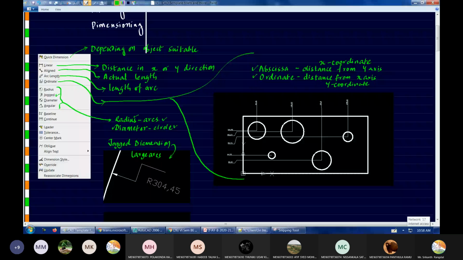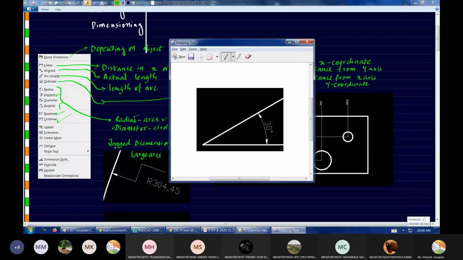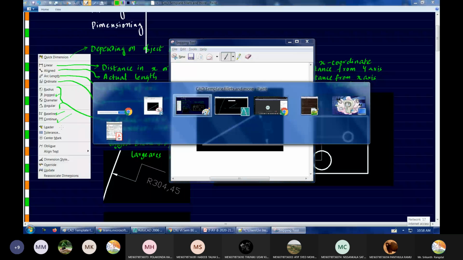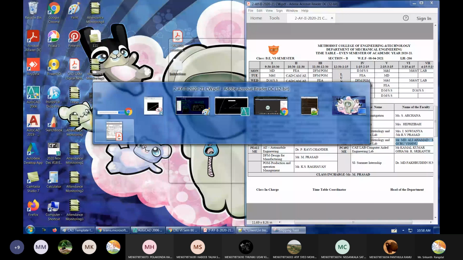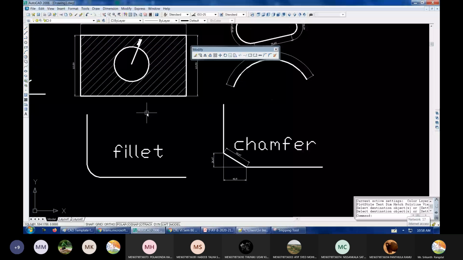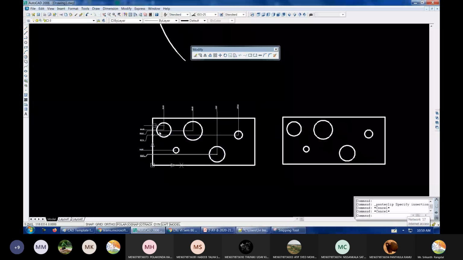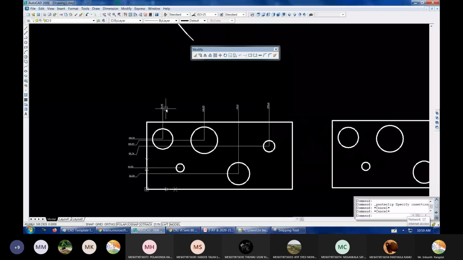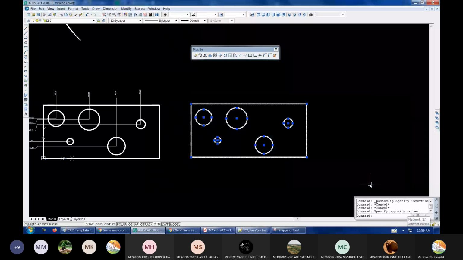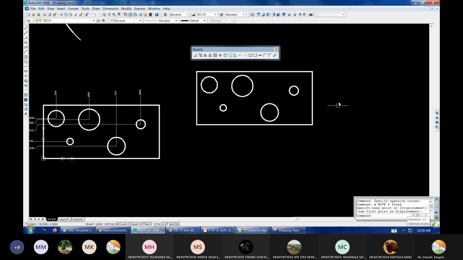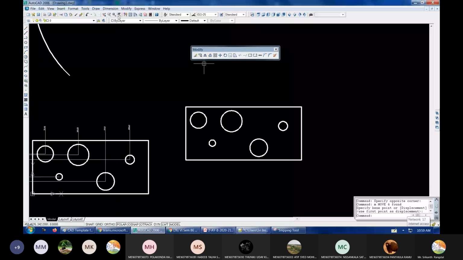Then coming to baseline and continue. These are special dimensions which are once again helpful in situations like this. I already showed you how this will be useful. But for using ordinates and all, one of the corner points of the diagram has to be at the origin. Only then can we use the ordinate method. Suppose the diagram is not at the origin, it is randomly placed at some other point, and now we have to show the distance from this origin. Then this is where the other method will be useful. Fine. So let me show you how.